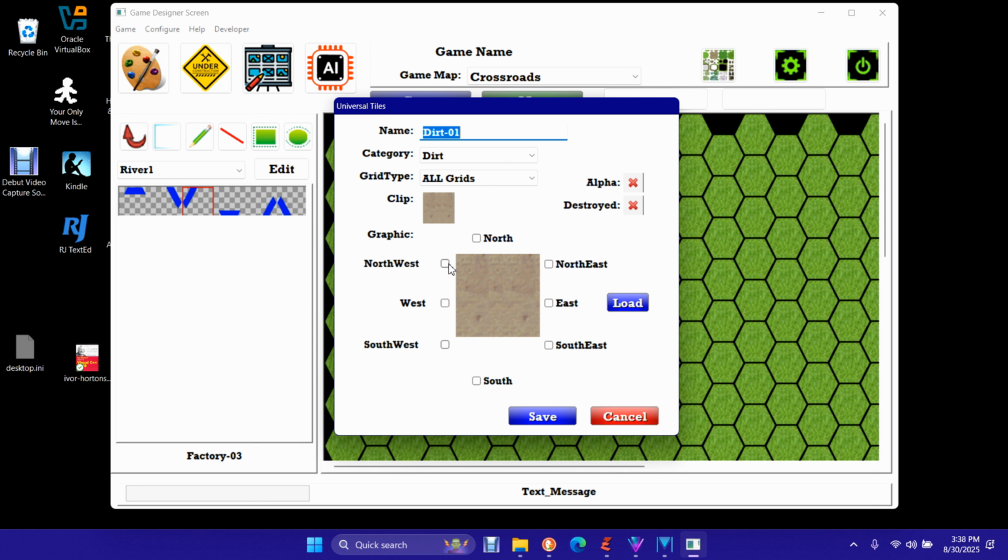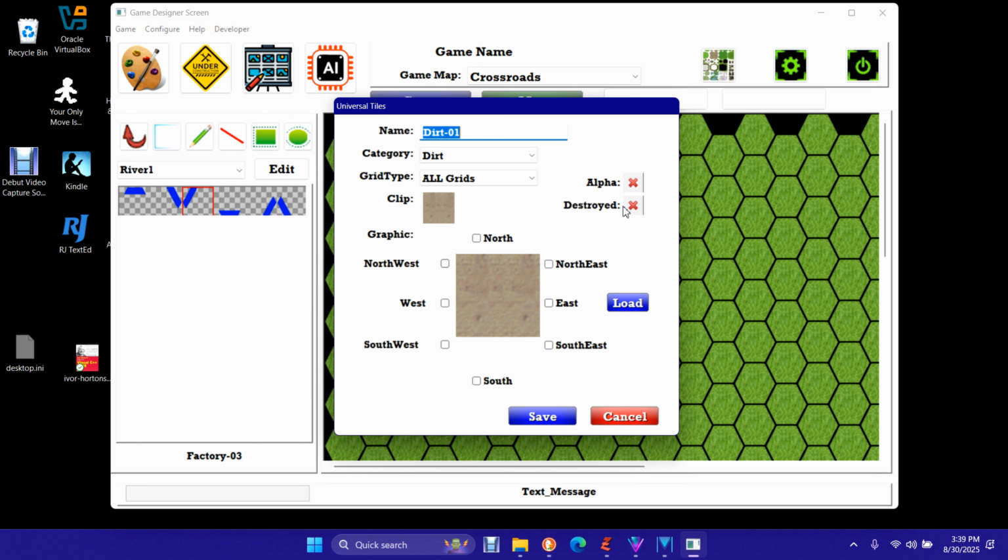Okay, now not all graphics can be done this way. All of your terrain types, a lot of them can, but not all. And I'm going to show some of those. Some of the flags that we need on graphics: if you have alpha space on your graphic, in other words there are holes, like for instance these river tiles I have over here on the left, all they are is a bar, right? And so if it has alpha in it, then you need to check alpha. If it is something that can be destroyed, for example, bridges,